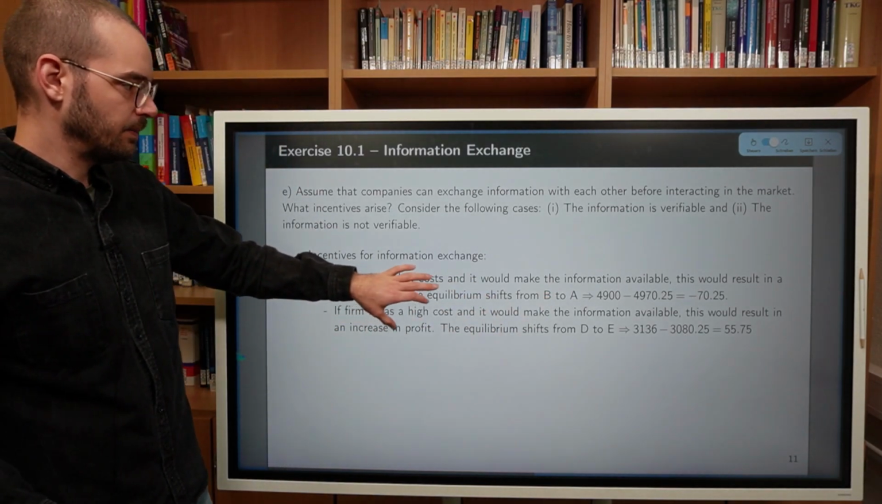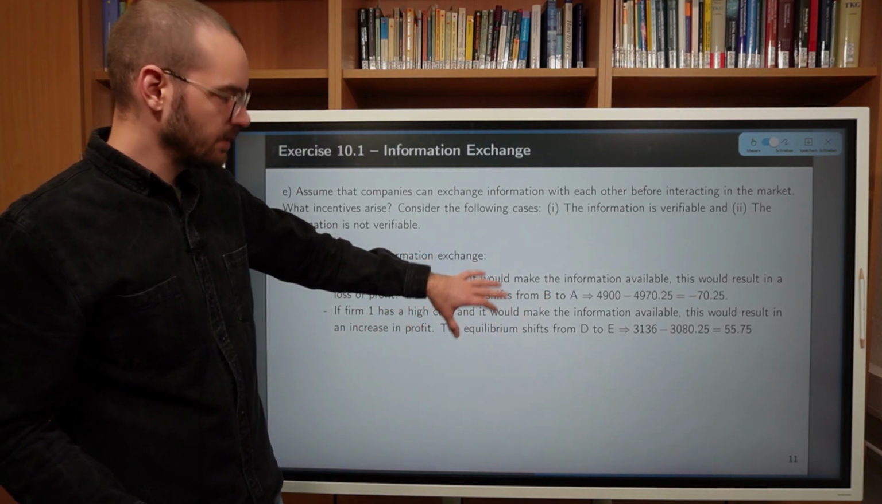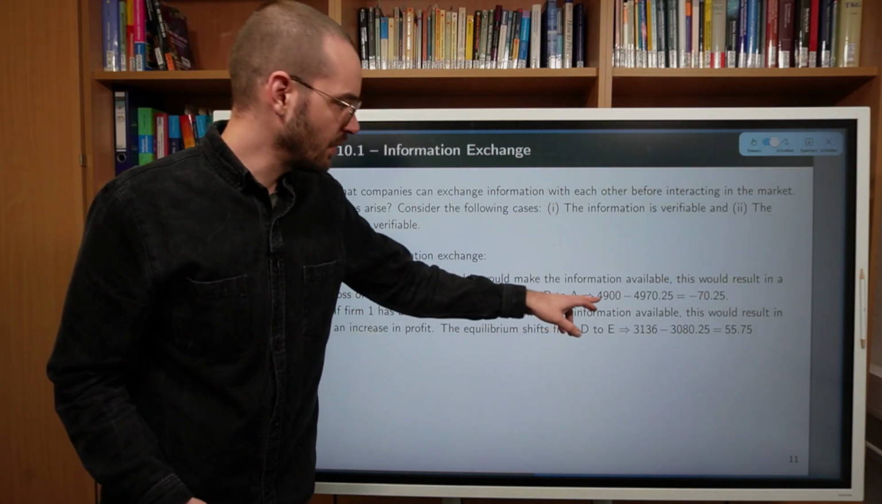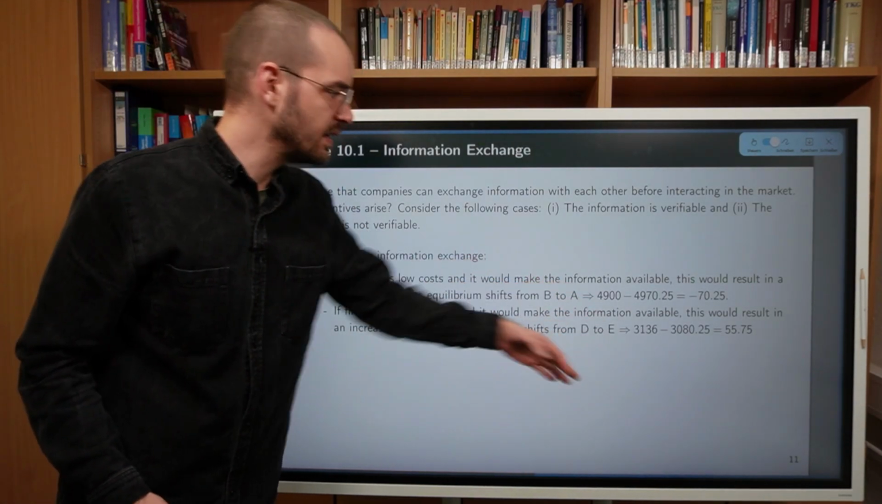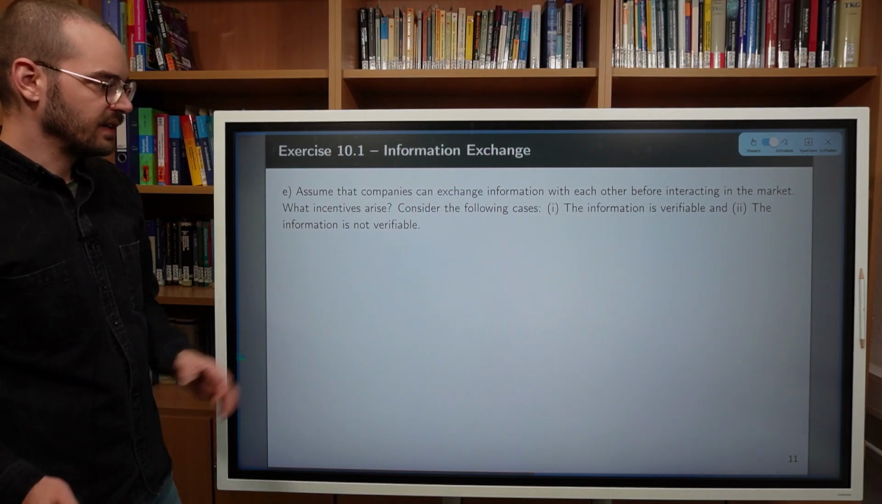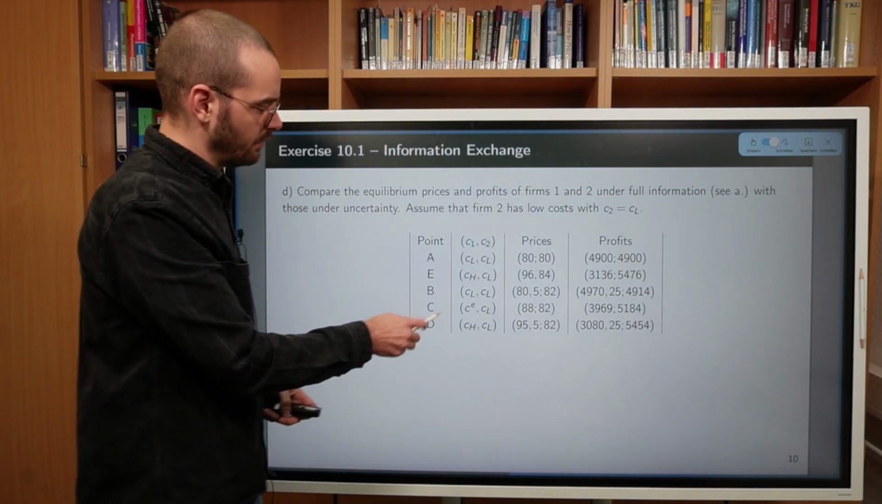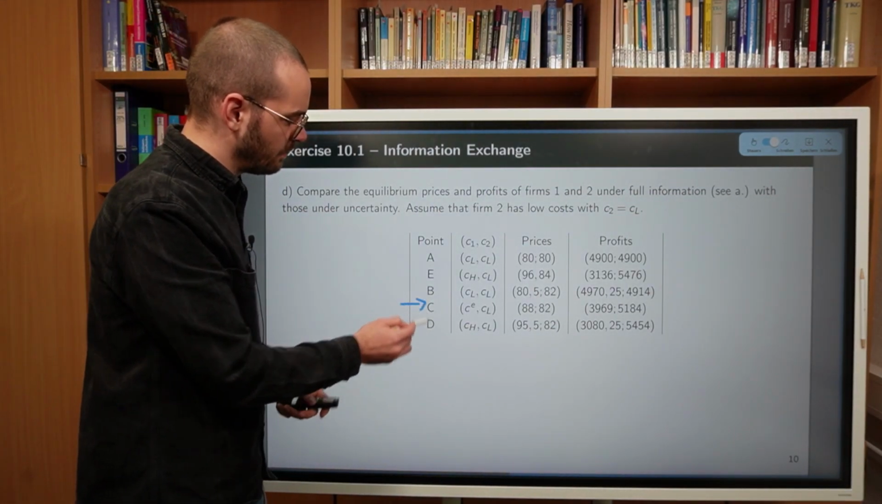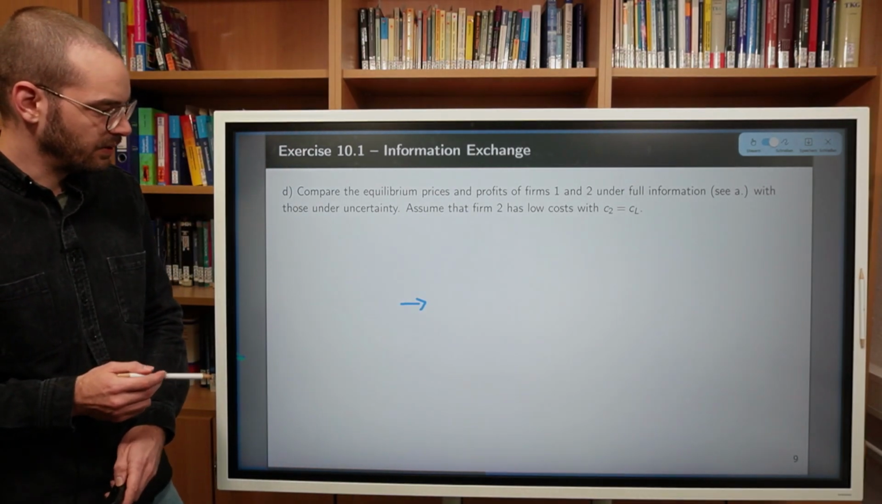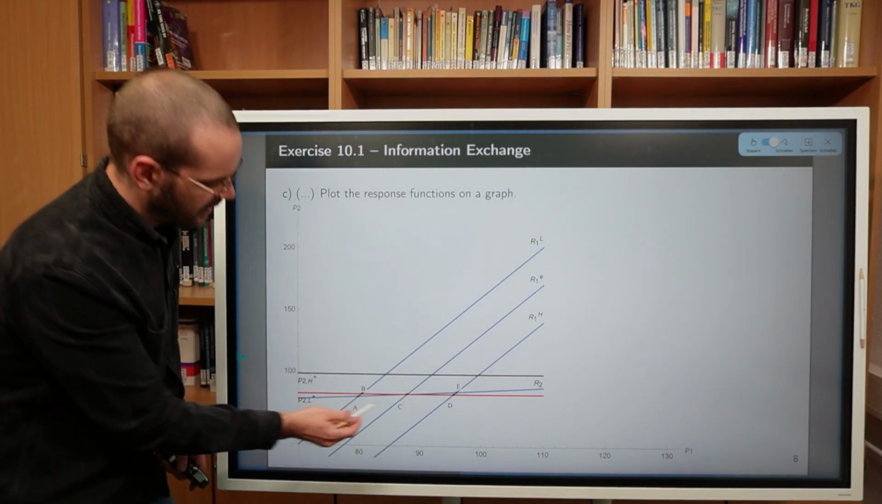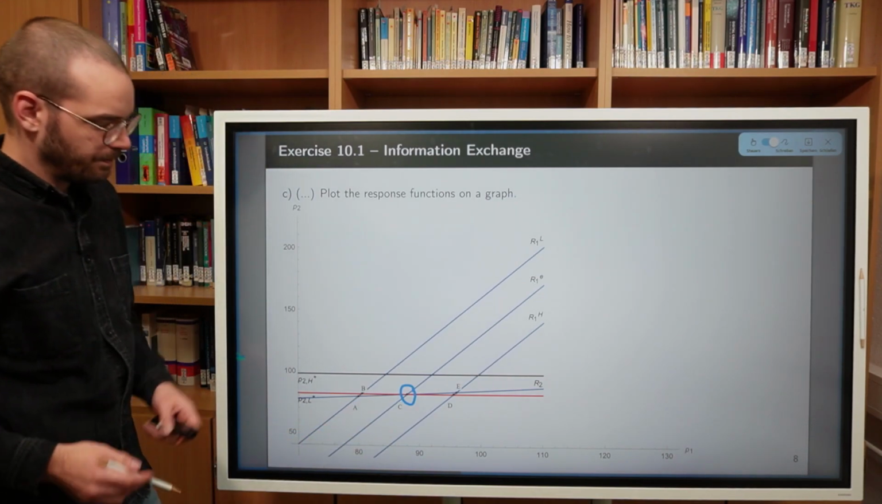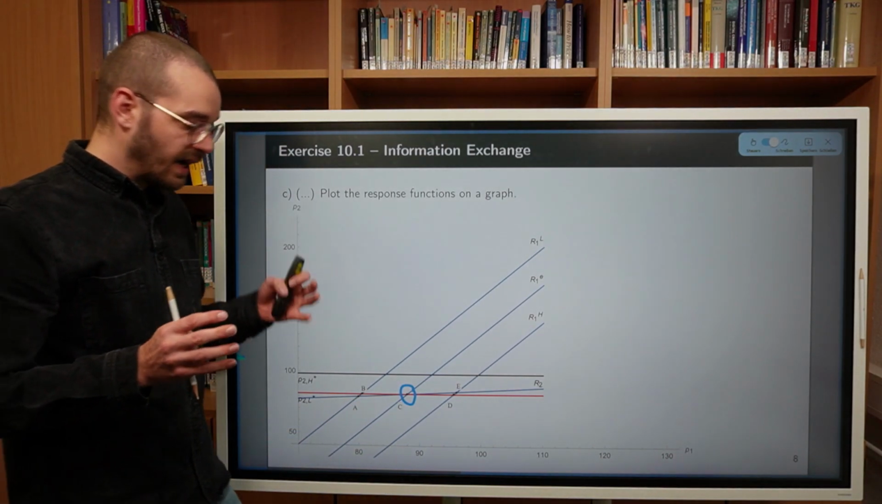So it shifts from B to A. So the profits of firm 1 actually decrease by 70, right? So we are starting, or the starting point would be point C. Let me just mark it on the graphic. Actually, this point where there is uncertainty,